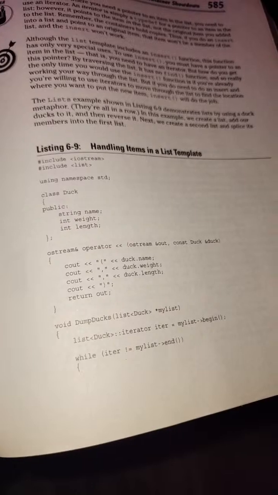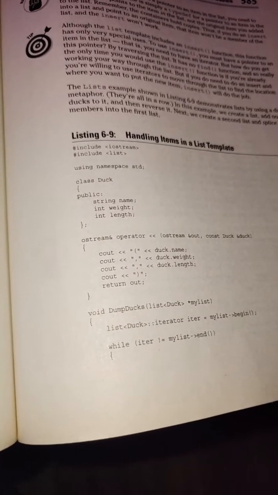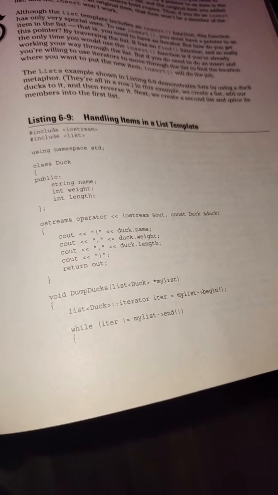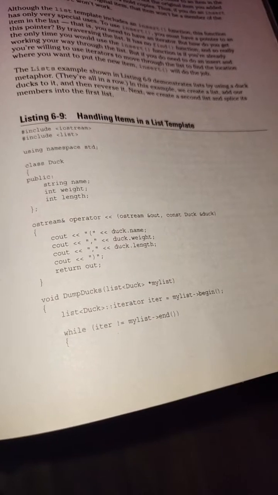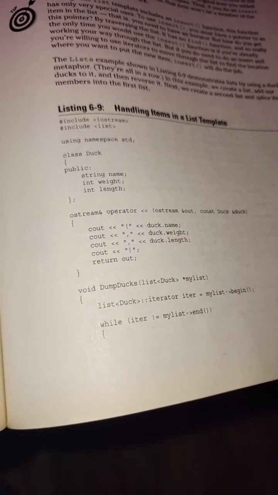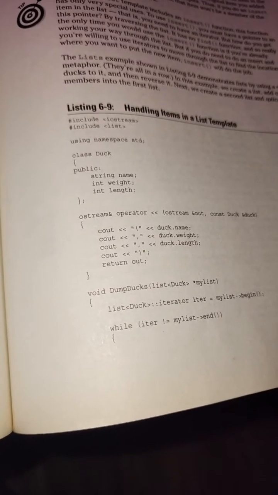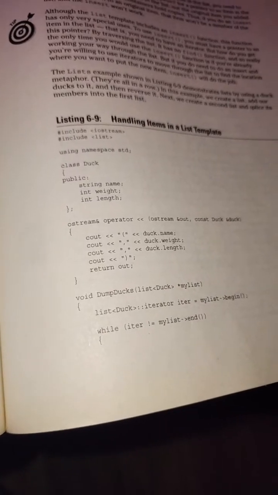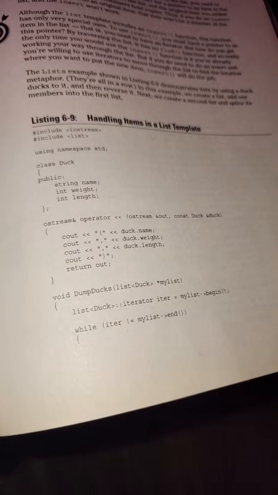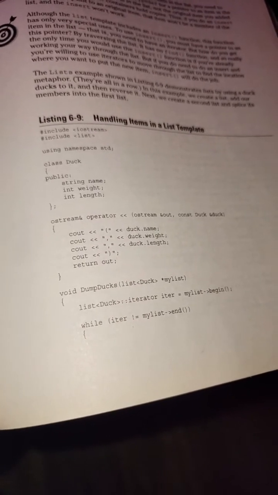Listing 6-9, handling items in a list template. #include <iostream>, #include <list>. using namespace std; class Duck { public: string name; int weight; int length; }; ostream& operator<<(ostream& out, const Duck& duck) { out << "(" << duck.name << ", " << duck.weight << ", " << duck.length << ")"; return out; } void DumpDucks(list<Duck>* myList) { list<Duck>::iterator iter = myList->begin(); while (iter != myList->end())